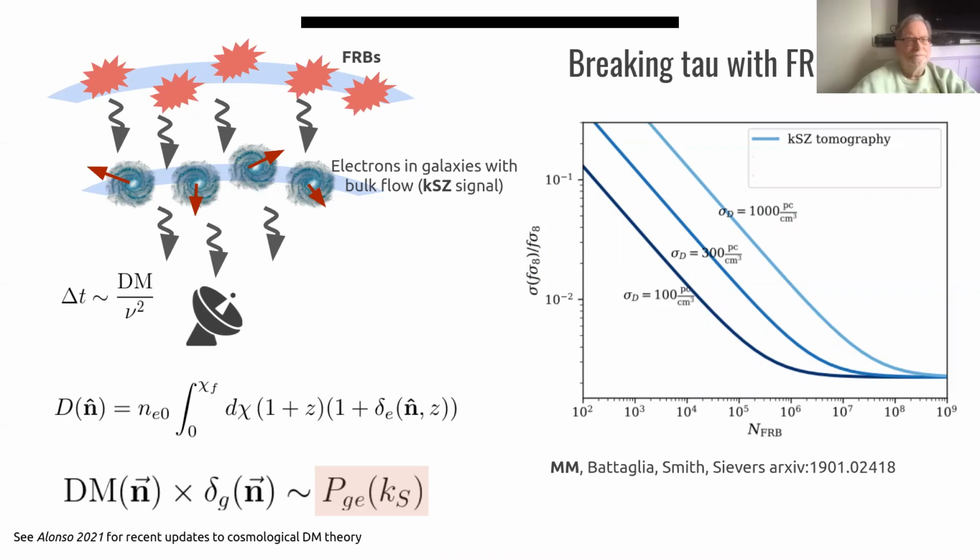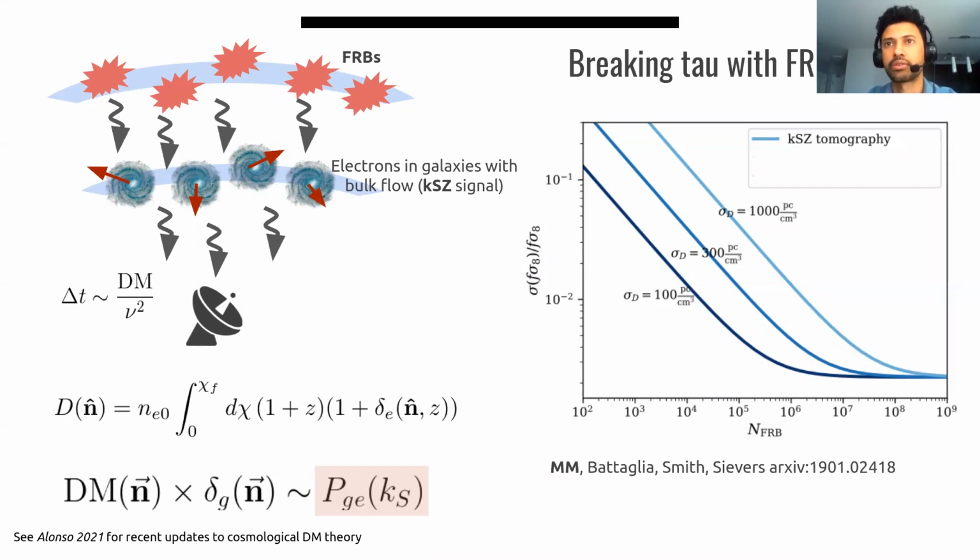Yeah, thank you. So this is an uncertain quantity that we're varying in our forecast here. The scatter in the dispersion measure, which is contributions from, for example, the intrinsic variation of the host contribution to the dispersion measure itself, which we have really no idea about, but also residuals in our modeling of the Milky Way dispersion measure. So depending on that, you can get